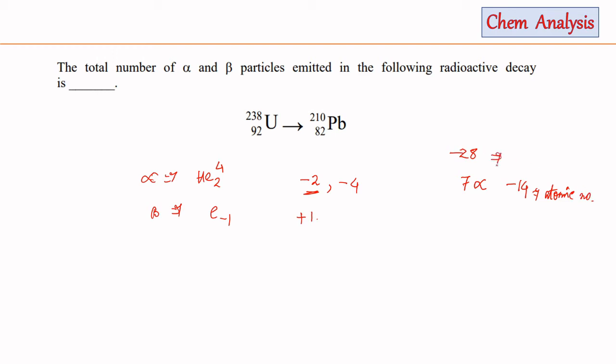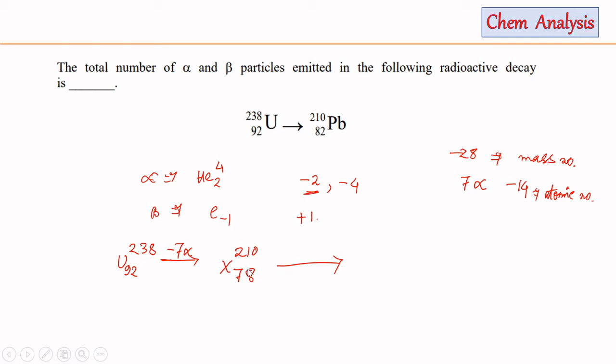And 28 unit decrease in mass number. So after elimination of 7 alpha particles from the uranium 92 238 nucleus, there will be generation of one radioactive nucleus whose mass number and atomic number will be like this. Suppose there is a generation of X nucleus for which the atomic number will be 14 units less, that means 78, and the mass number will be decreased by 28 units and it will be 210, and similarly later it will liberate